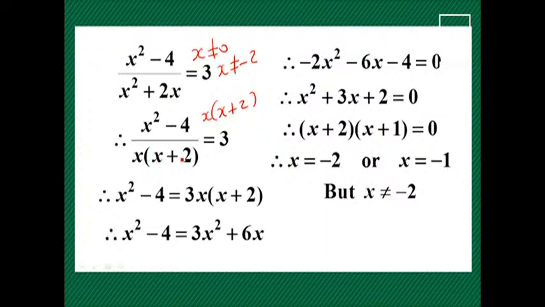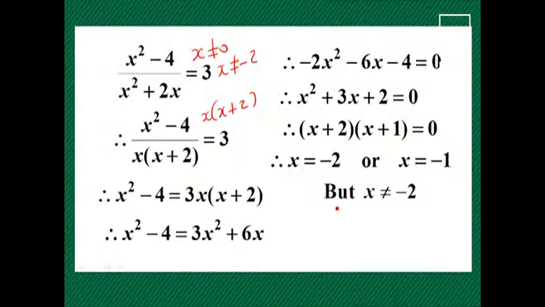That's a huge problem. You cannot divide by naught. And likewise, if you have a look here, if x is negative 2, negative 2 plus 2 is naught. Again, 0 in the denominator. Division by naught is not allowed in maths. And therefore, it's very important when you've got x's at the bottom to check those answers. Now have a look. We say, but x cannot be equal to negative 2. Very important. What I emphasize to students, don't go and put a little line through the negative 2 at this stage. You must state, therefore you get the two solutions, then you say, but x cannot be minus 2, and therefore the solution can only be